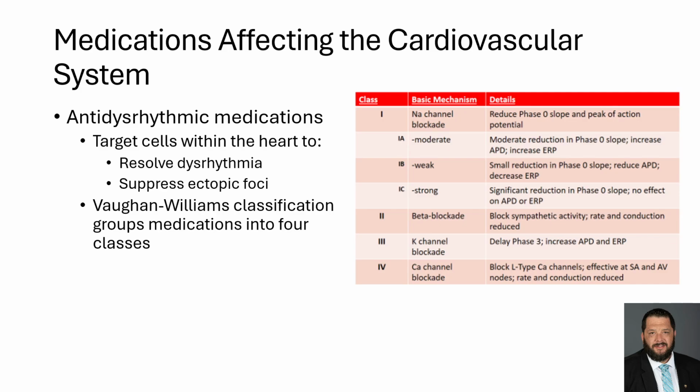Class 1 is your sodium channel blockers. Class 1A are moderate, Class 1B are weak, and Class 1C are strong. Class 2 are your beta blockers from the beta blockade. Class 3 medications are potassium channel blockers, and Class 4 are calcium channel blockers. And we'll evaluate the cardiac medications in this order to see which of these medications you're going to be dealing